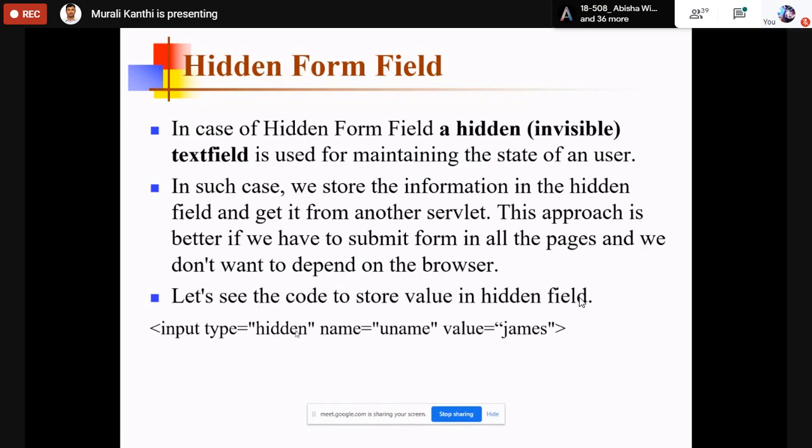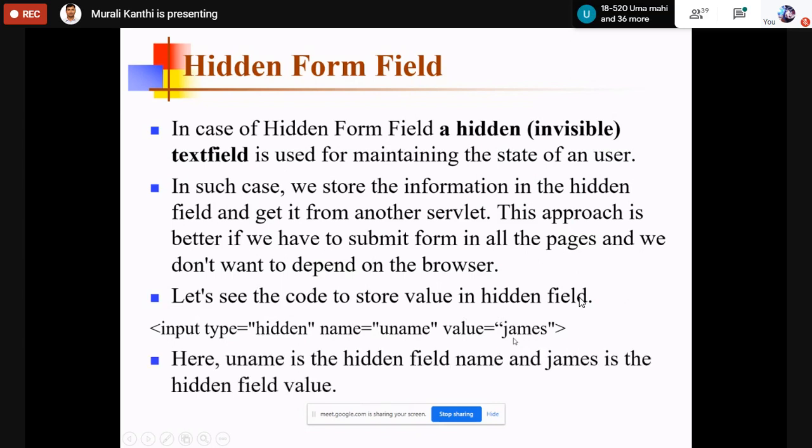When a hidden field is created, name equal to some name, then value equal to some value. Like a cookie, which has a name and value, here also a name is given to this field and a value is also given. With the help of this ID, the server is going to identify this user easily. So here uname is the hidden form field name and this name is the hidden form field value.